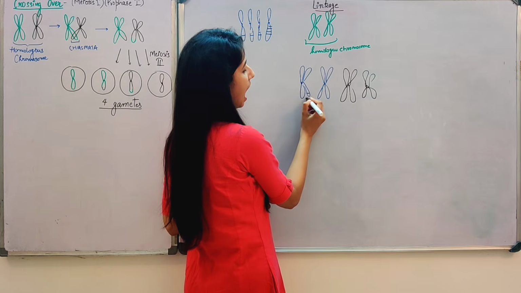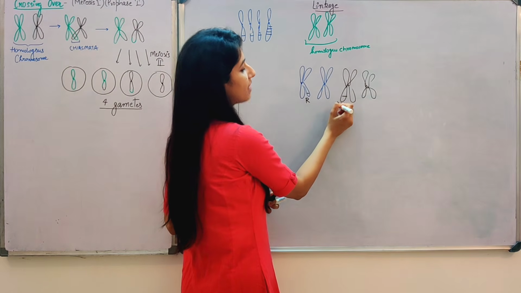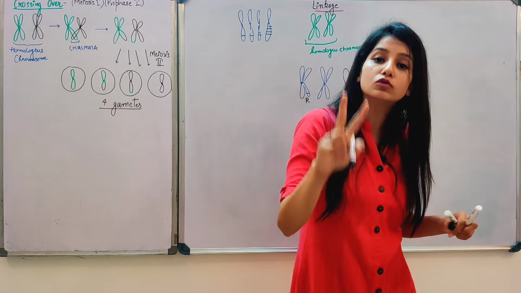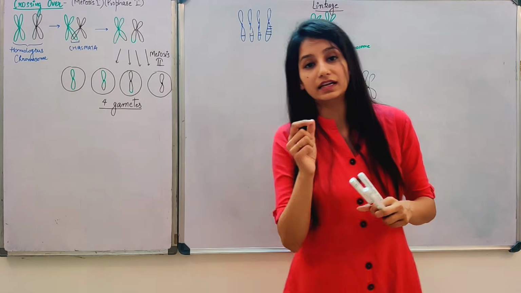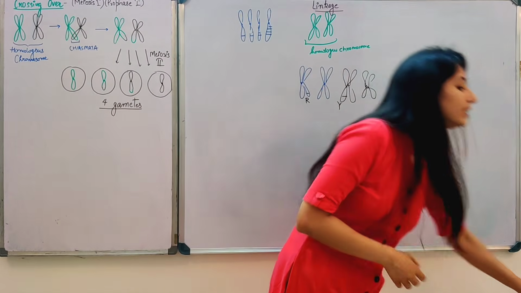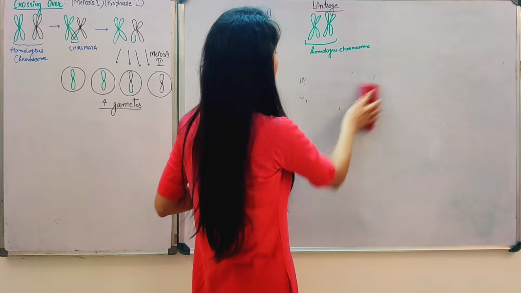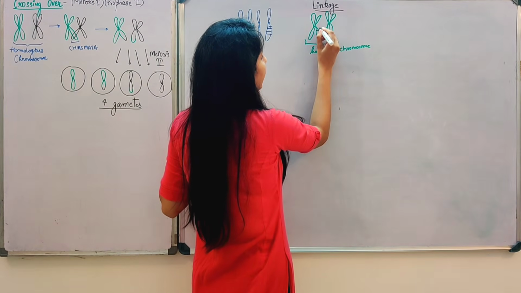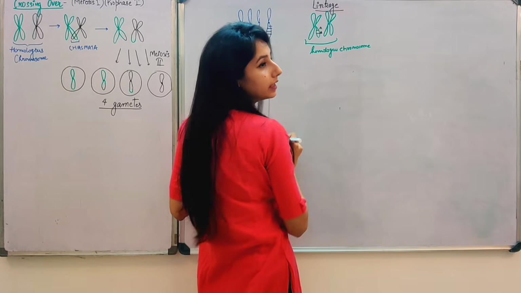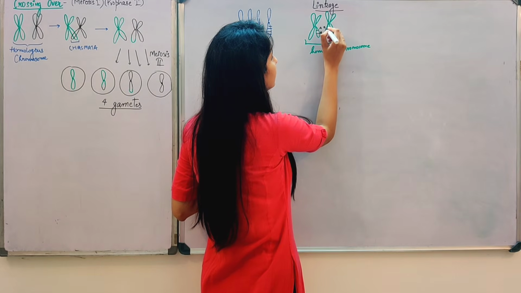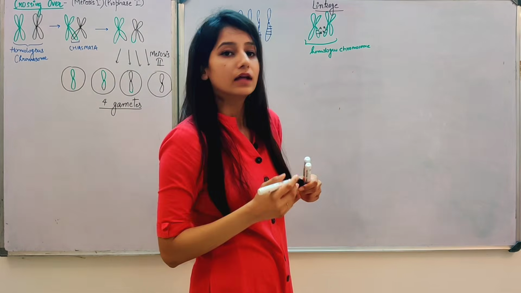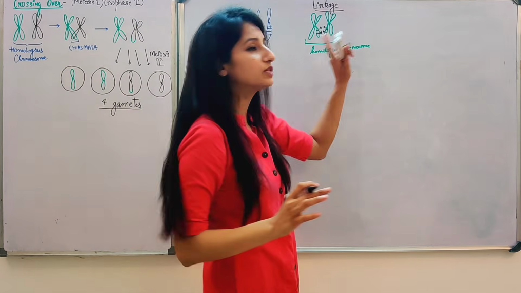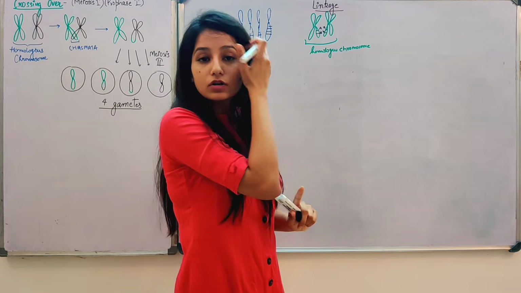So on this the R gene is present. So on this the Y gene is present. We haven't seen yet that on one chromosome 2 genes are present. First time for linkage we are seeing that. So let's move further. So for example, in this homologous chromosome, A and B genes are present. Here A and B capital are present, and here a and b small are present. That means this is the dominant chromosome and this is the recessive chromosome for these particular 2 genes. Okay, so now what will happen?